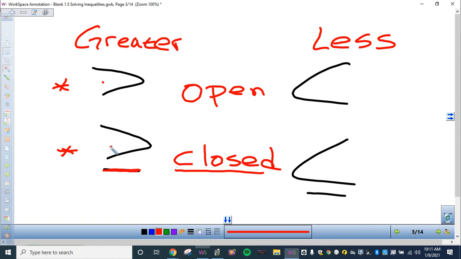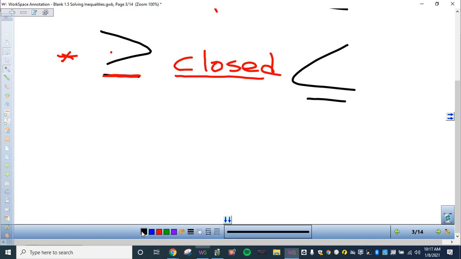But if you have greater than or equal to, or less than or equal to, the reason it's a closed dot is because it includes the number. So it's like 4 or greater, or 4 or less. The closed dot represents that the 4 is in the solution set. So if it's, let's just write one, x is greater than or equal to 4, like that, and I graph it,